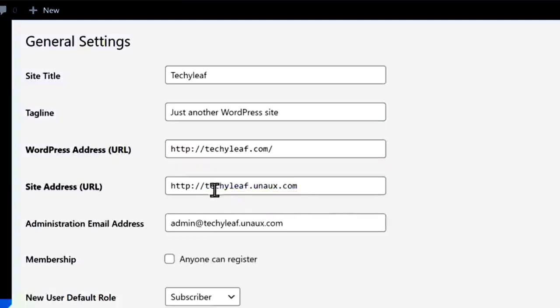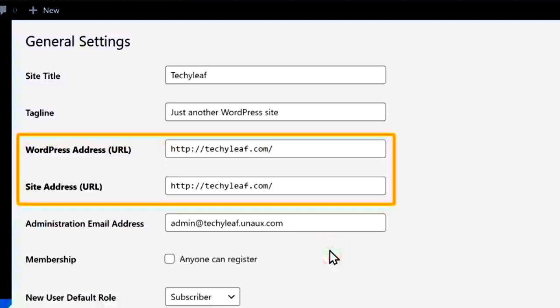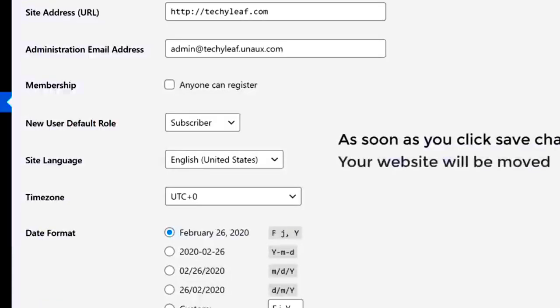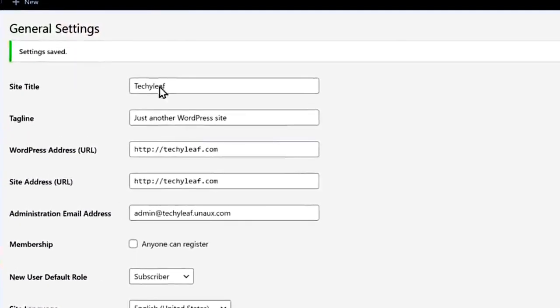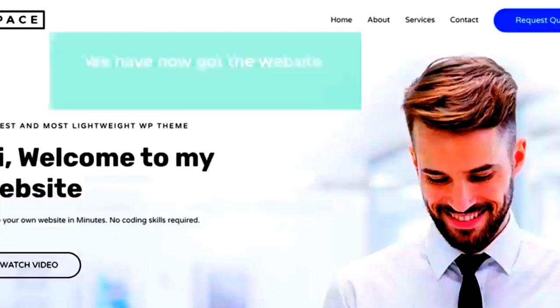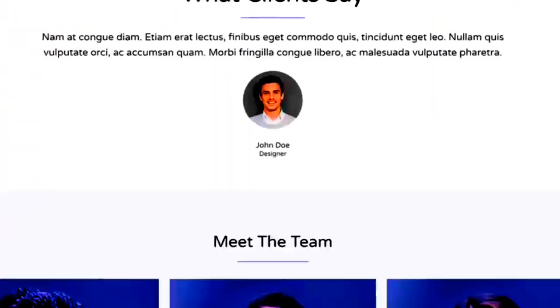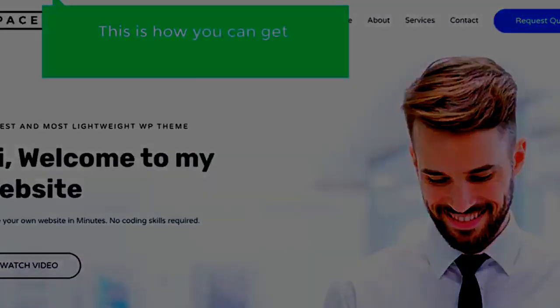Next, select this one and paste your domain here. Once you've added your domain, just scroll down and click Save Changes. As soon as you click Save Changes, your website will be moved to your new domain. So let's check it. Now if we go to this tab, which has a new domain, and click Refresh, you can see that we have now got the website which we built. So this is how you can get a .com domain for your